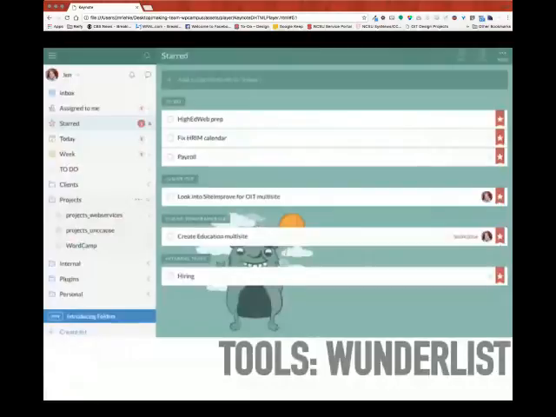When we looked around, we found Wunderlist instead, which also ties into Slack, of course. And while it's not quite doing everything we want it to, I mean, ideally we would like to manage all of our,